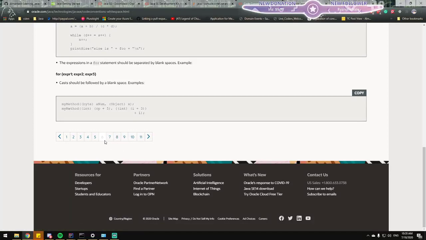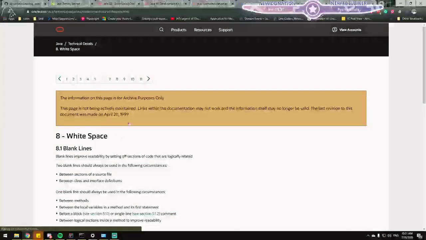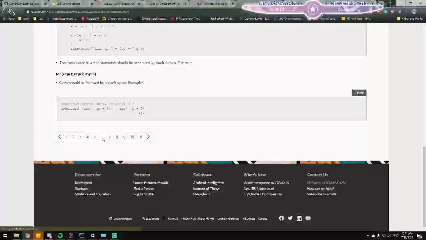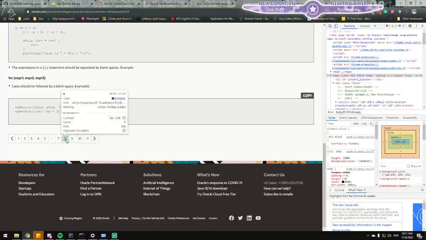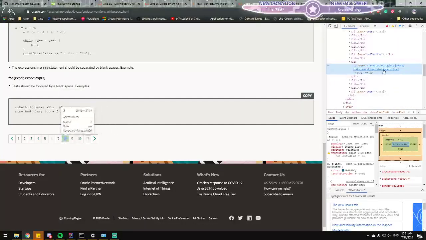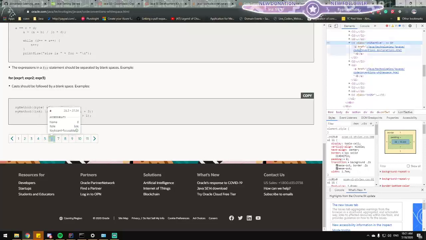Why is it showing page 6 when I clicked on page 8? Look guys, page 8, boom. And I'm at page 6. What the hell? It says white space and page 6. Declarations. Wait a minute.